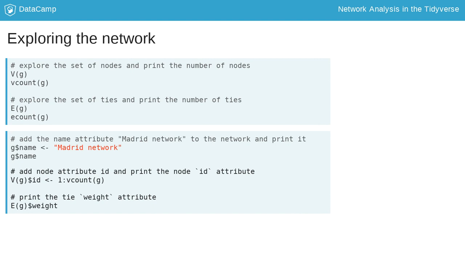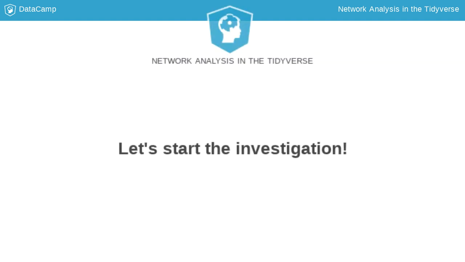You can add attributes directly to the network by using the network name, here g, followed by the $ sign and the attribute name. You can add node and tie attributes specifically by wrapping the network name in a function called V and E for nodes and ties, respectively. Let's start